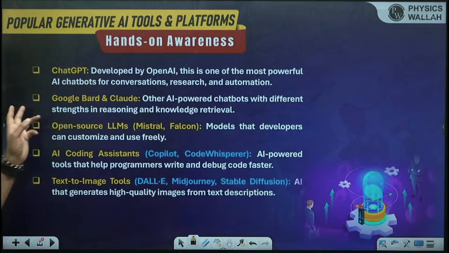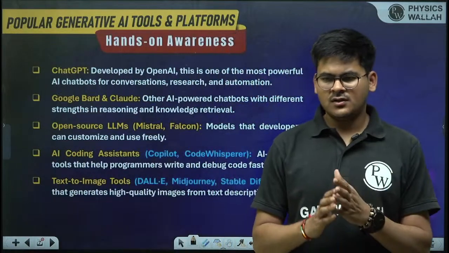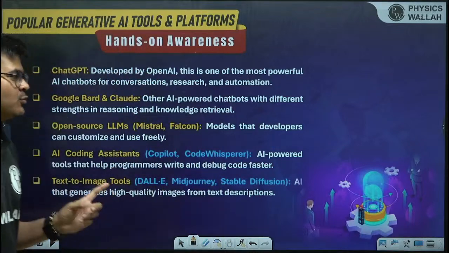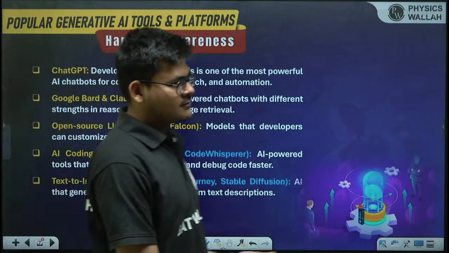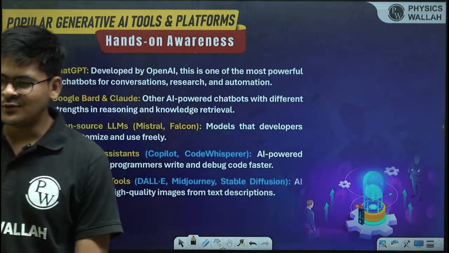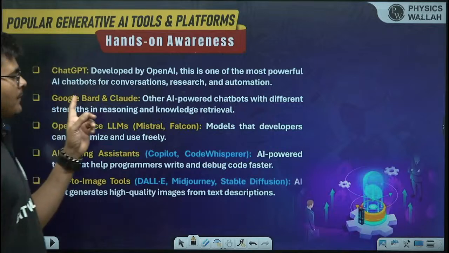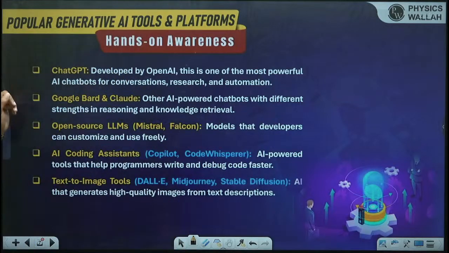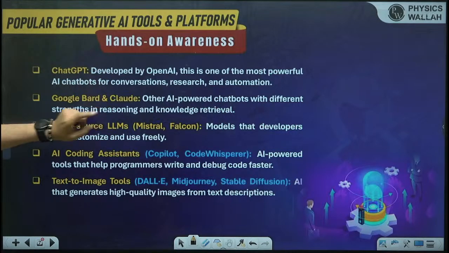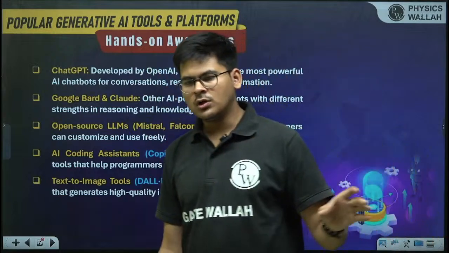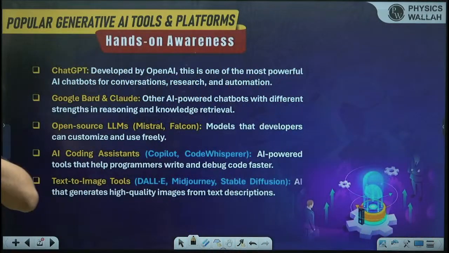Okay, let me tell you, there is nothing called Google Bard, because Google Bard has been renamed. Google Bard was the old name. Earlier it used to be called Bard, but now it's called Gemini, whatever you want to call it. So Google's alternative to ChatGPT is Gemini. ChatGPT is by OpenAI, Gemini is by Google, but both are competitors of each other. Both are alternatives to each other.